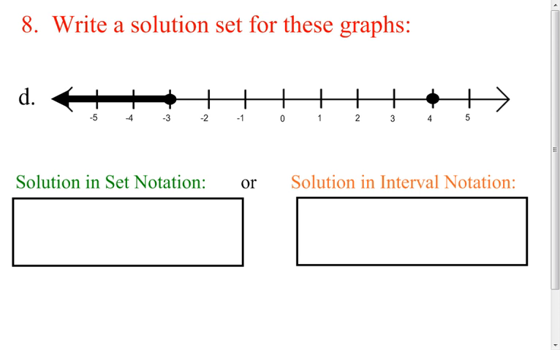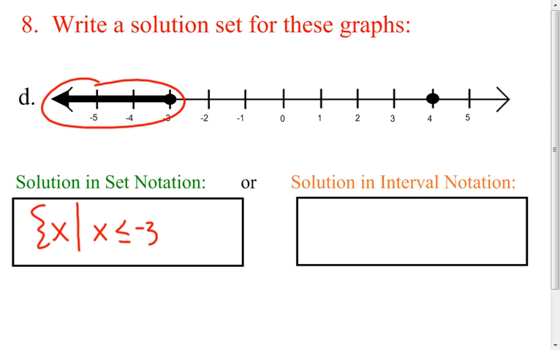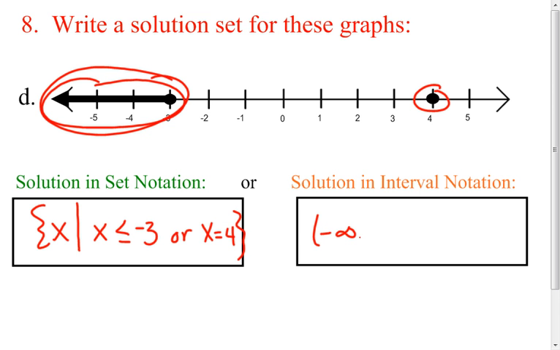All right, then this one's a little different because only one of them is just a dot. So I'll have the set of all x such that this part right here would be all the numbers that are less than or equal to -3. Or, since this is just a dot, I just have to say x equals 4. Just like that. Okay? Then in interval notation, the branch over here, I would go from -infinity to exactly -3,